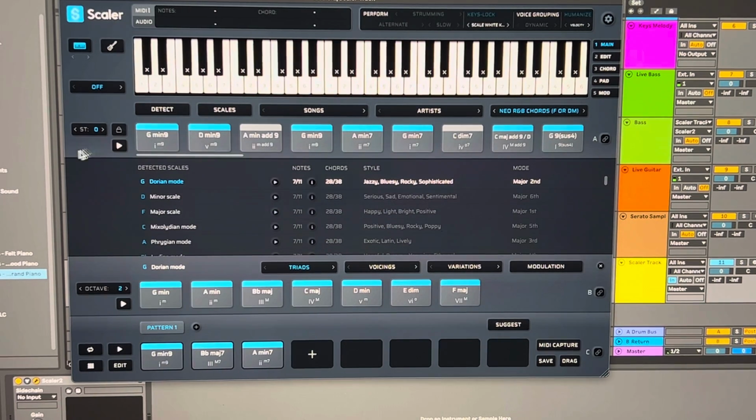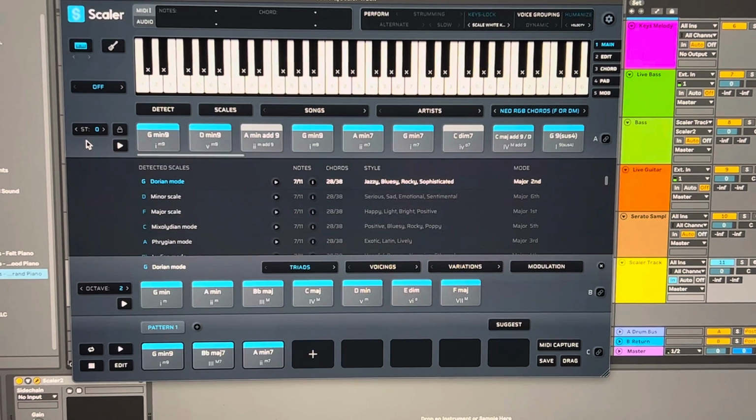And the fact that it can detect another song, like I've taken snippets of a song where I like a certain portion of it, saved it as an audio file and brought the audio file in, and it'll detect from that audio file what chords those are. Then you can take those chords and either manipulate them or play them in a different pattern or whatever you want to do, just to get chords from a song. So it's kind of like a tonality mixed in with another app that I use a lot,